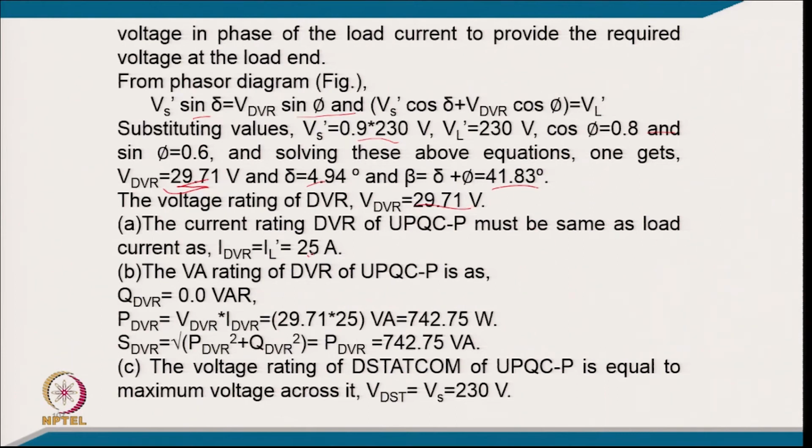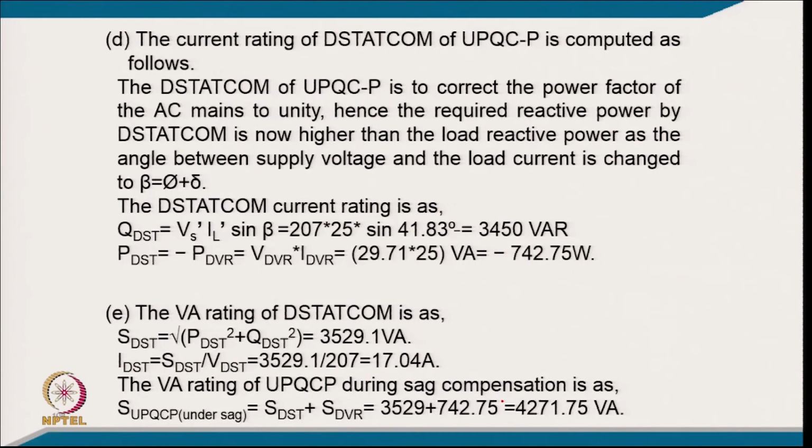and the current rating of this will be the same as the load current rating because it is connected on the load side, 25 ampere, and the reactive VA rating of the DVR of UPQC is 0 because we are only putting active power, not the reactive power. So, PDVR will be the same as here. So, we put this voltage and current, 742.75 watt, and SDVR will be the same as PDVR. So, that is 742.75, and the voltage rating of DSTATCOM of UPQC is equal to 230 volt, and